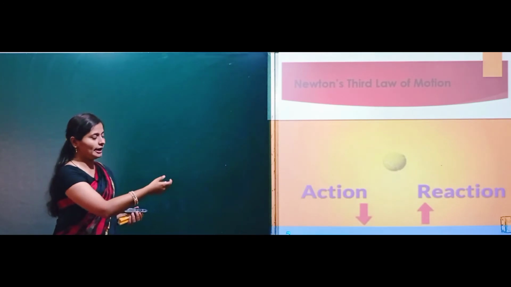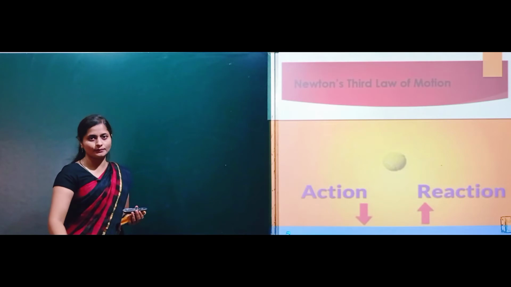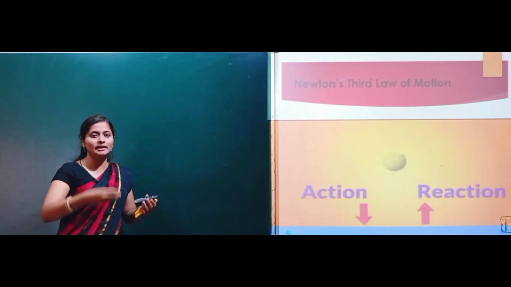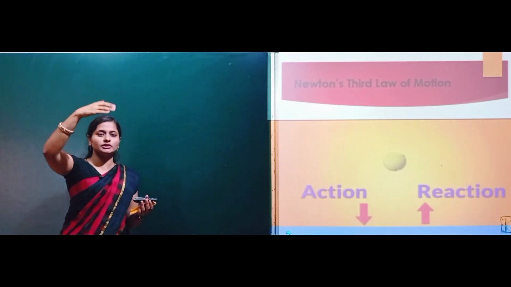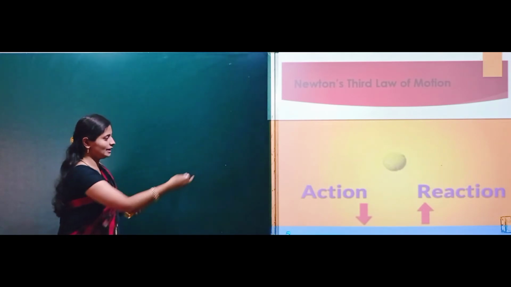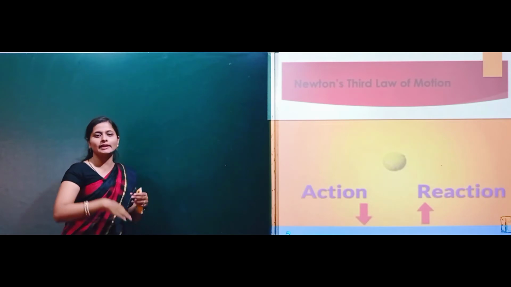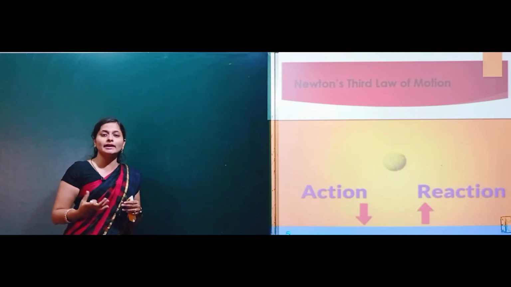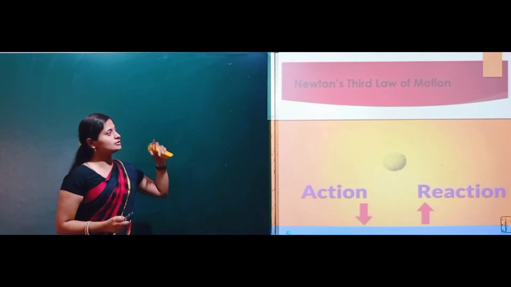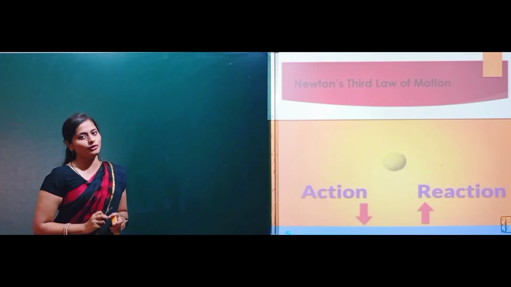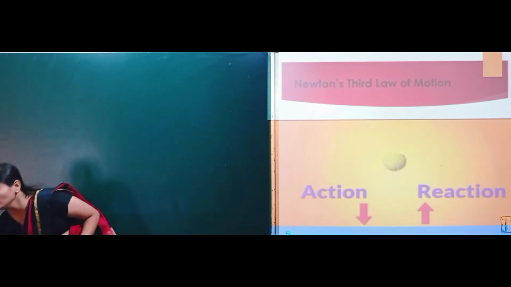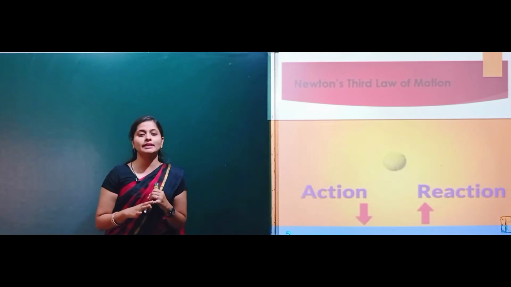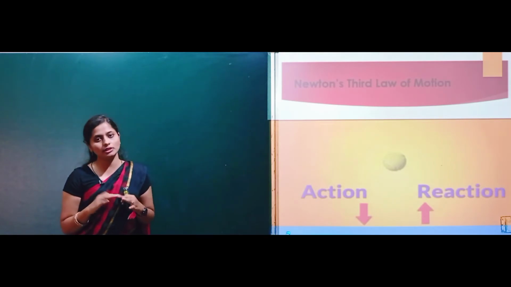You have to see here one ball is there. You are throwing one ball, and again it comes back to the same position and goes down. Like that, every action has an equal and opposite reaction. You are applying an action, and what you get back is a reaction. So this is known as Newton's third law of motion. Up to this point we have discussed Newton's first law of motion with an example, the second law and the third law.